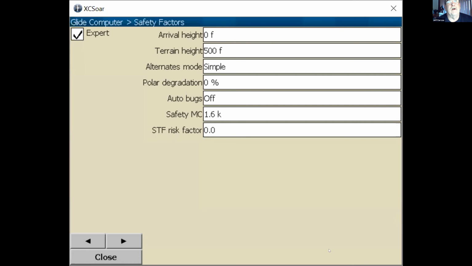That'd be a speed to fly risk factor of 0. If you're extremely conservative, you can say that at 10,000 feet I'll fly at that speed, but decrease it linearly as we go down through that band. That'd be a speed to fly risk factor of 1.